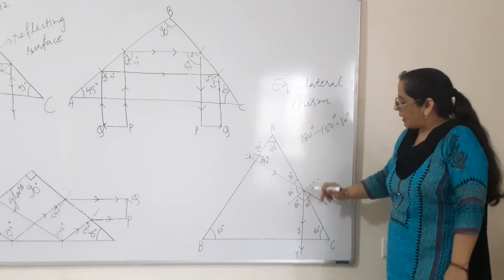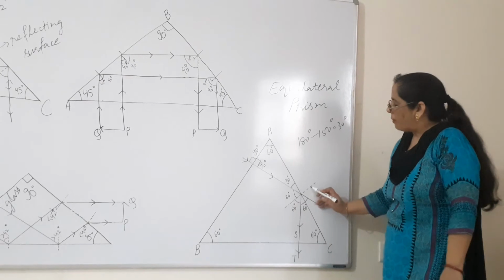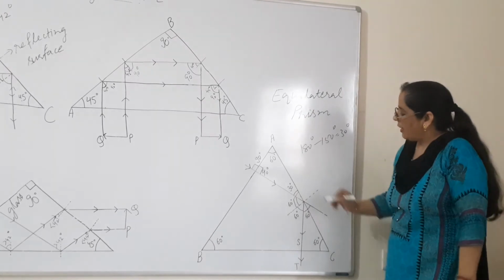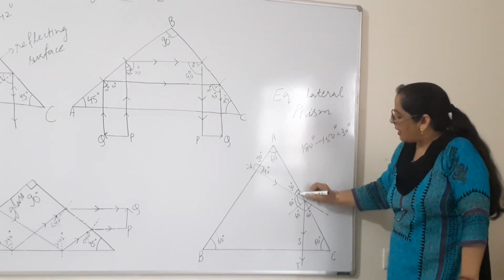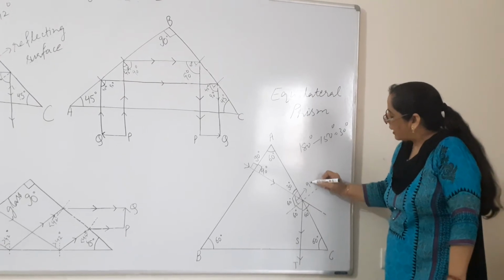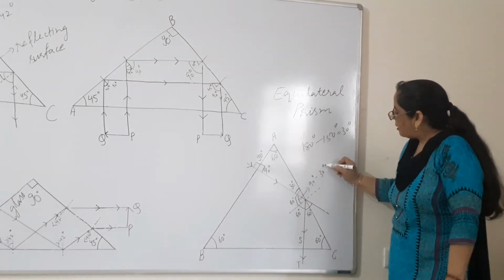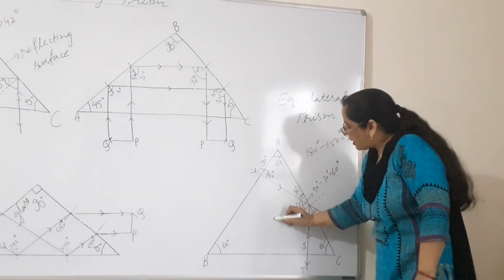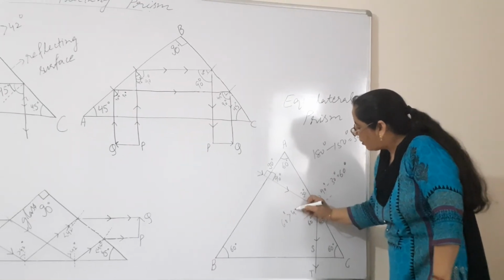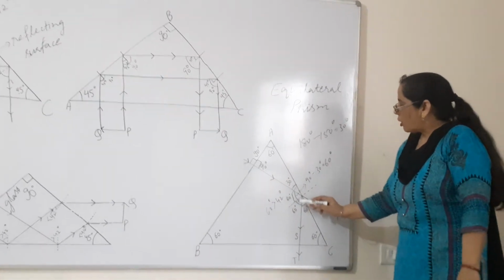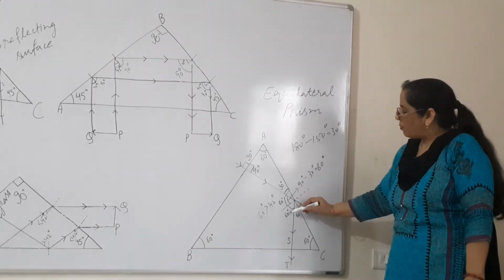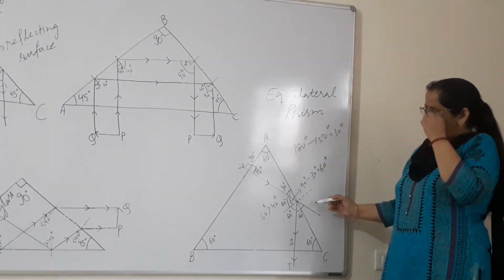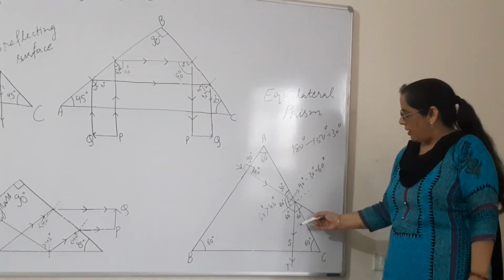Now the ray is striking at this point, and we will draw the normal here. So this total angle is 90 degree. If this angle is 30 degree, it means this angle will be 90 minus 30, which is 60 degree. Now this is the angle of incidence. This 60 degree is greater than 42 degree. So according to the laws of reflection, this angle will also be 60 degree. So the ray has to fall on the opposite surface because it will suffer total internal reflection.